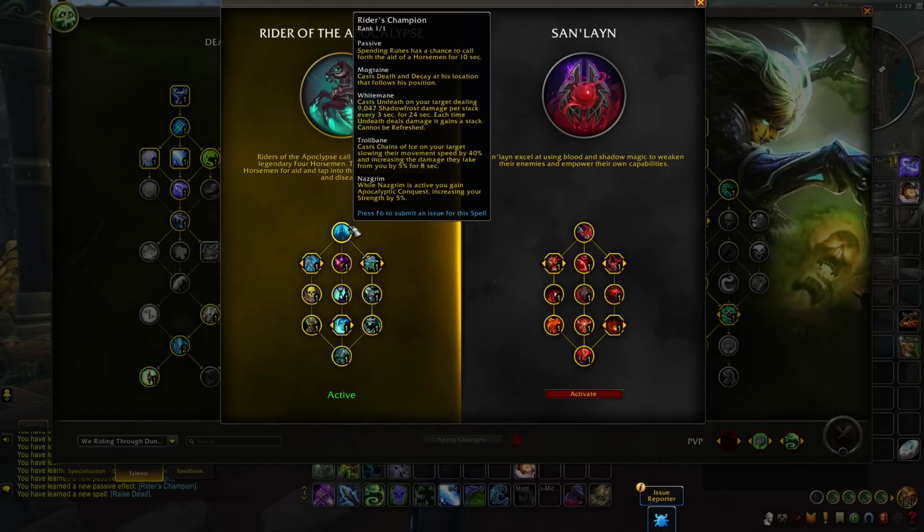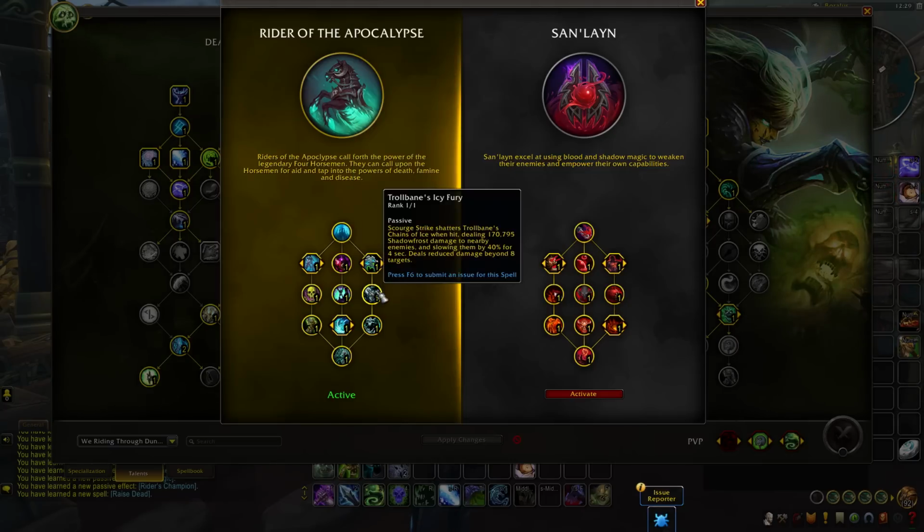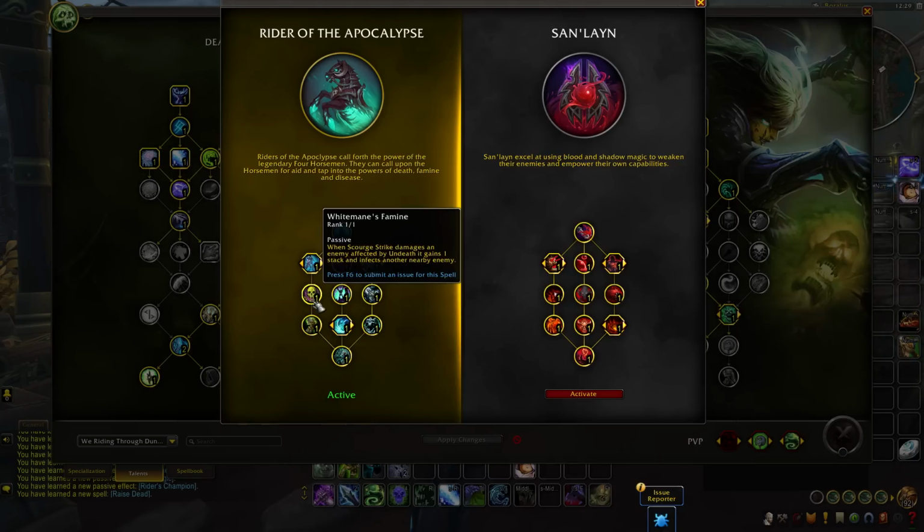Undeath is a dot that Whitemane puts up that does Shadow Frost damage every 3 seconds over 24 seconds. And each time Undeath deals damage, it gains a stack. And you can actually modify the ability with Whitemane, where whenever you use abilities such as Scourge Strike or Obliterate as a Frost Death Knight, you add an extra stack for Undeath. So basically when Whitemane is out, she marks a target with a dot. You want to focus down the target as best as you can with your Scourge Strike or Obliterate to get the most value out of your dot, and the frequency for both her attacks and Undeath has been increased,